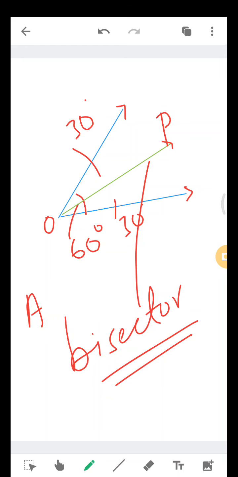What do we call it? We call it an angular bisector. So an angular bisector divides the angle into two equal parts. Keep this in your mind, this will help you